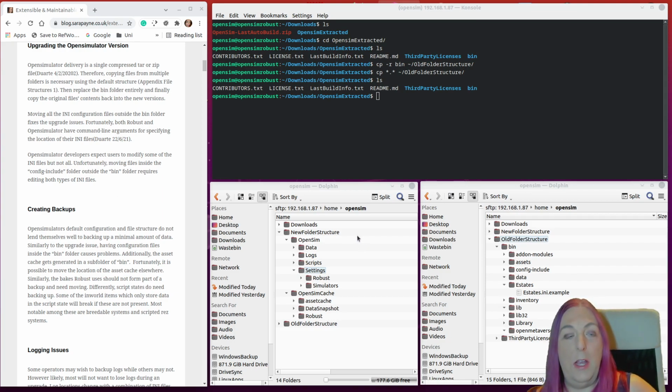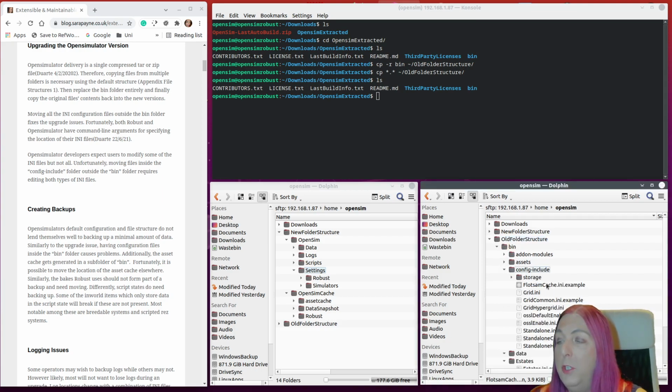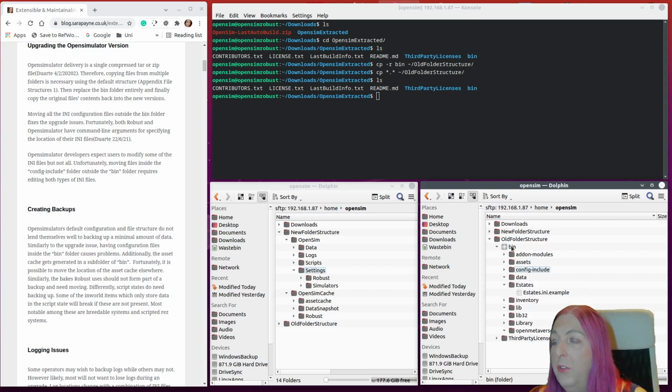On the screen here I've got the two configurations side by side, or at least the folder structure configuration. This is the old one and this is the new. This is how Opensimulator comes when you first unpack it. And we can see that we have a bin folder inside here. We've got the config include, which is where a large number of the settings are. There are also some more settings directly in this folder,